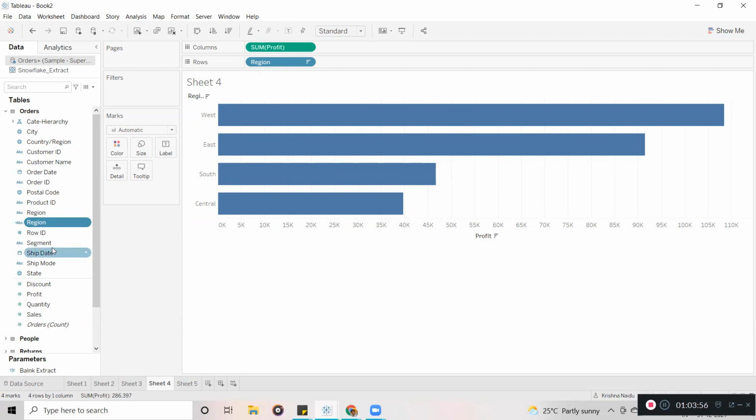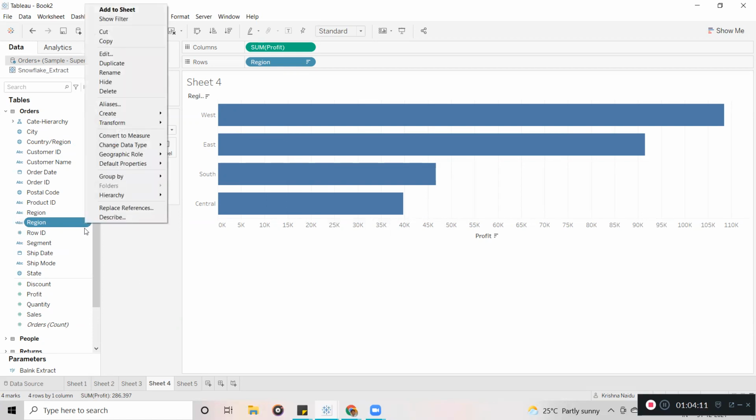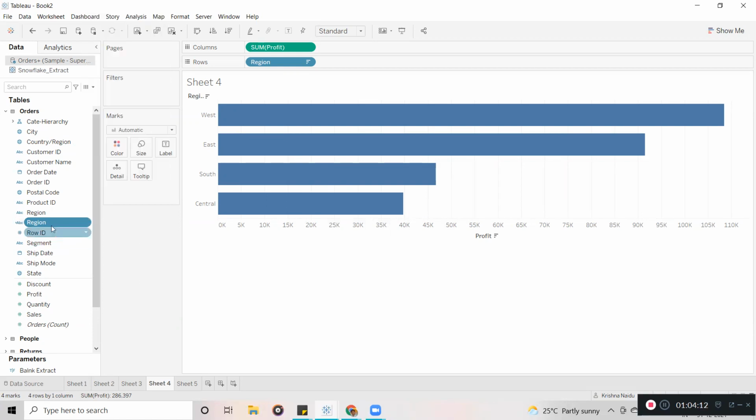Okay. Now you can see this is a calculated field, guys. Whenever you duplicate, I have duplicated the region field. After duplicating, you can see the equal to ABC icon, and here you can see edit. I can edit calculation fields. Whenever you see the equal to symbol, that is a custom field which we have created at the Tableau level.